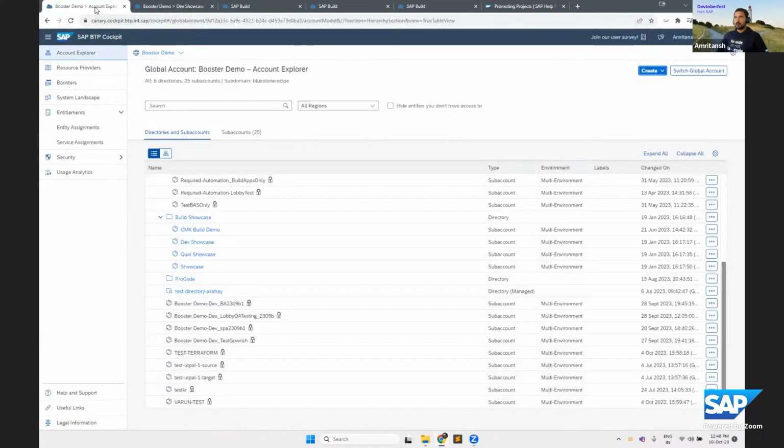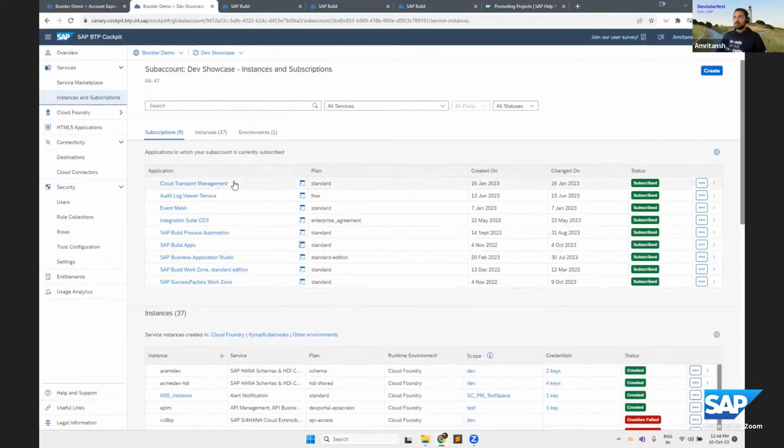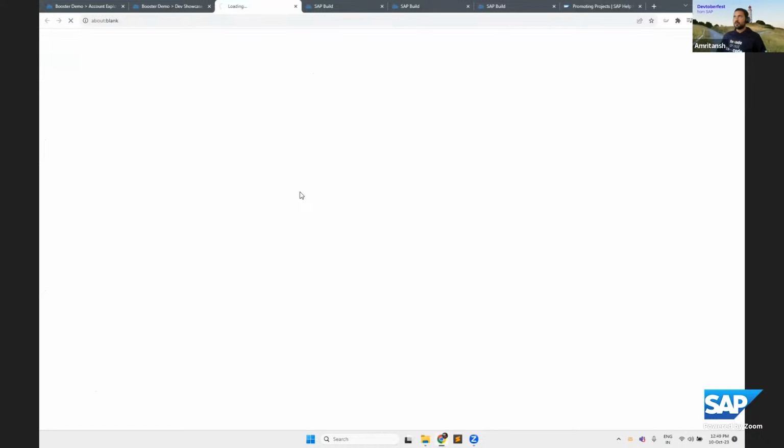Meanwhile, I'll talk about how we, as an IT admin, can configure the dev, test, and prod nodes in the cloud transport management system. As you can see, we already have the subscription to the cloud transport management system in this dev tenant. When I open the application, it takes me to the overview of the cloud transport management system.